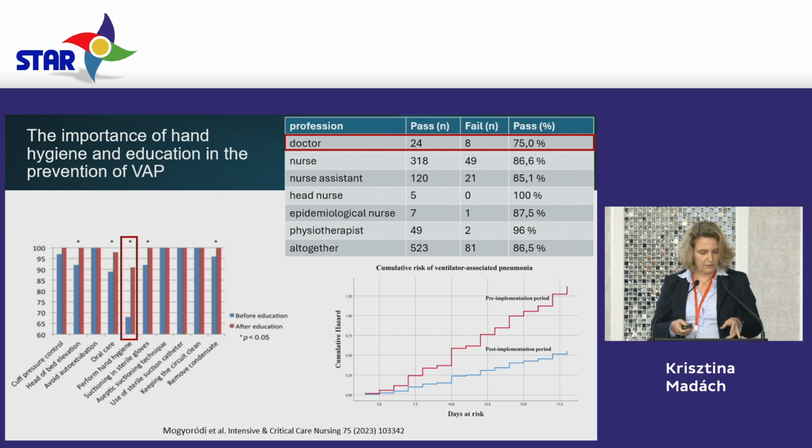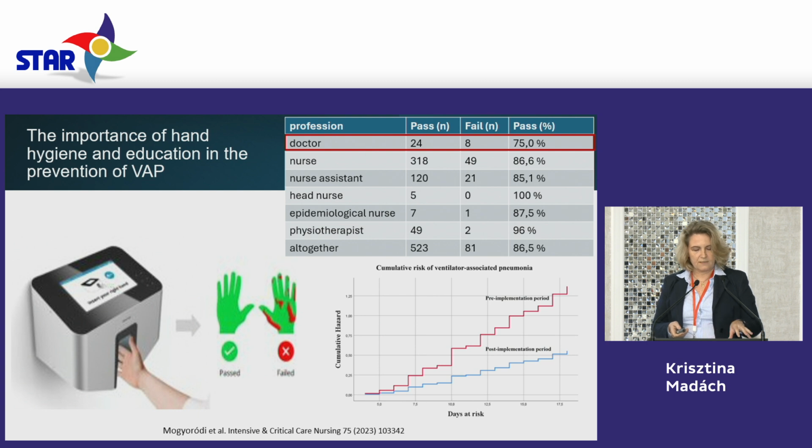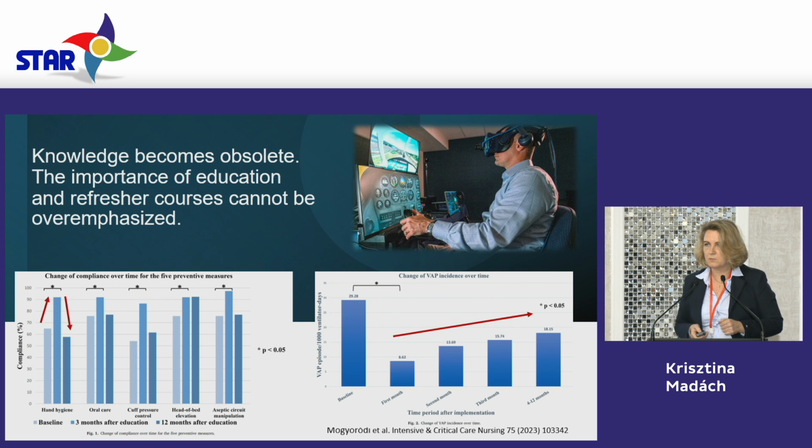You can check the hand hygiene adherence. You can see that it was really, really bad, and doctors dominated in this. Physiotherapists could wash their hands perfectly fine, but not the doctors. We were the last in the row. And how could we check it? This is the Semmelweis machine with a special liquid. You can check the fluorescence, whether you have covered all your hand with disinfectant or not. We went through education, teaching and practicing, and you can see that in the post-implementation period, the cumulative risk of ventilator-associated pneumonia at once went down.